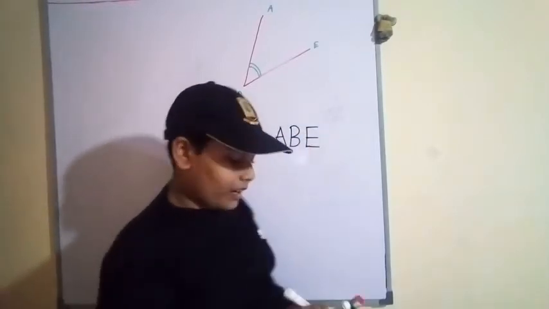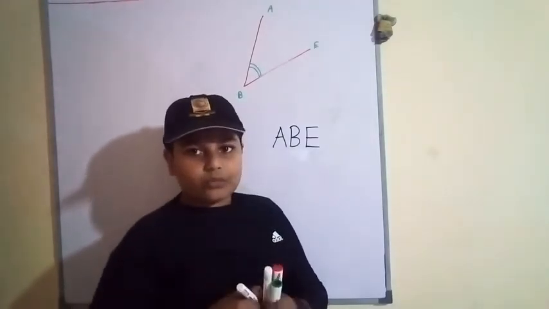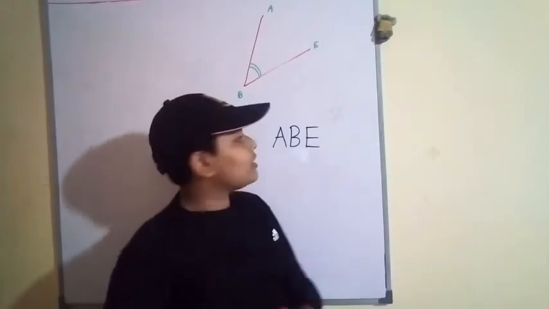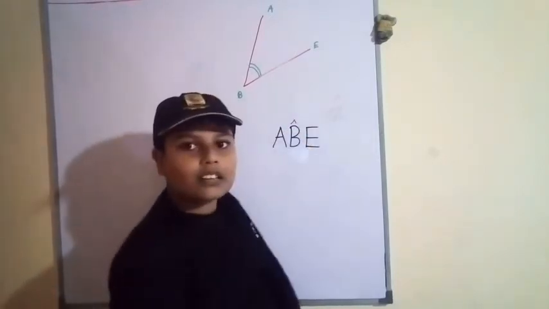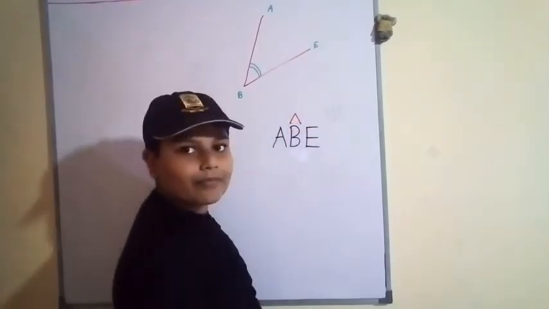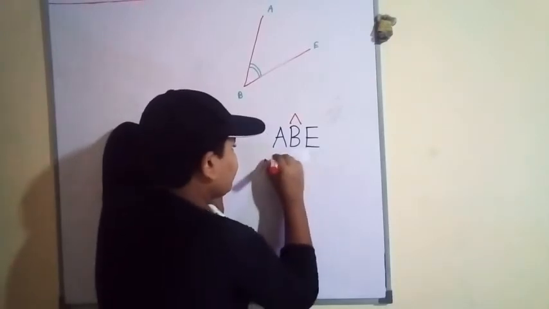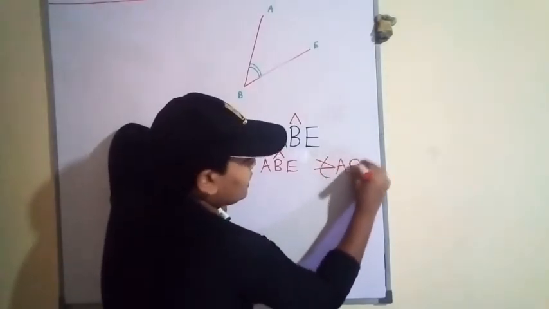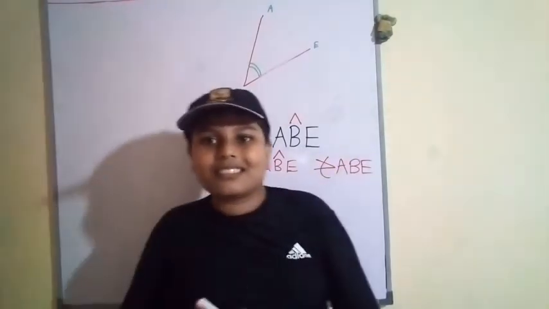Now this is the naming of angles. Is it correct to name it AB? No. Why? Because B is the vertex, you can get the angle. I think that is not clear. Like this, you can name this as A, B and E. Like this also, A, B and E. You can name this also, because that is an angle. Right?